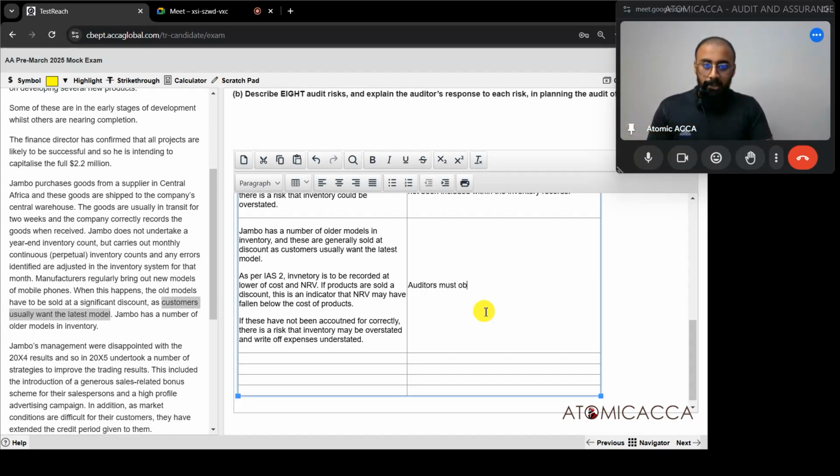Auditors must obtain a sample of old model inventory, which is mobile phones. Auditors must obtain a sample of old model mobile phones' purchase invoices to understand the cost of the item. For the same product,